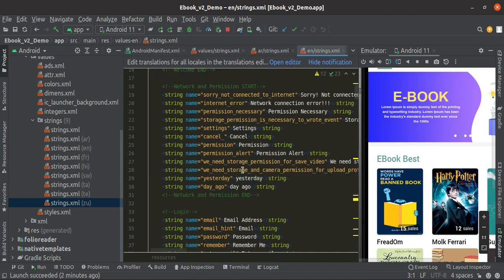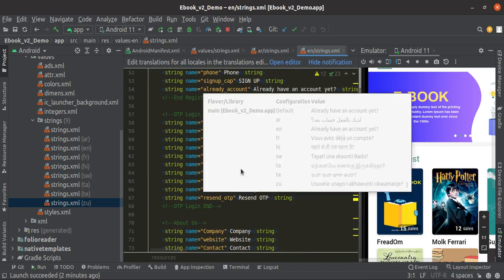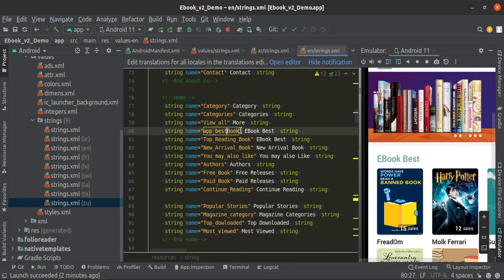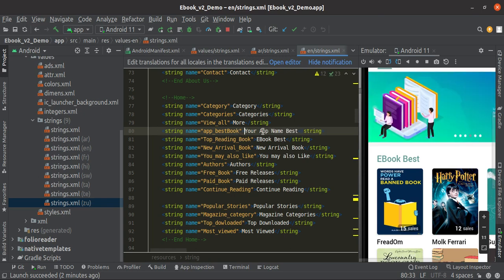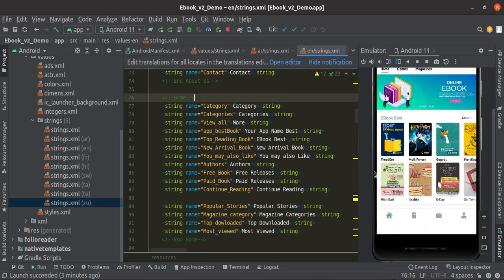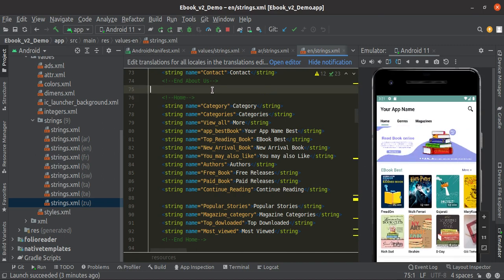In English, just scroll down, find that app based book, just your app name. This will be set over here. Let's run these changes. You have to change this in every string file.